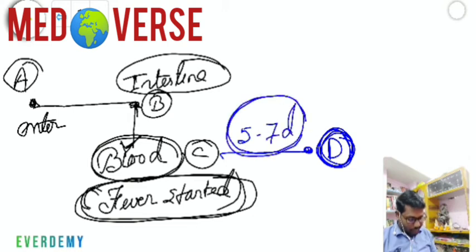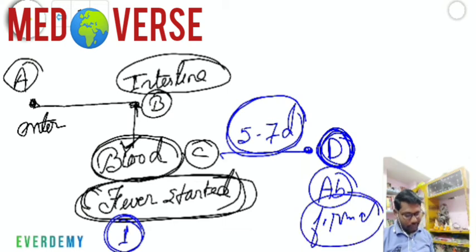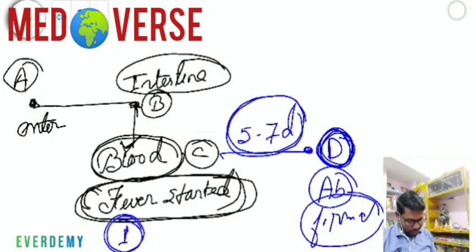So if we imagine that point C is day 1, then at point D, after 5 to 7 days, antibody formation started. So in this period, that is point C to D,